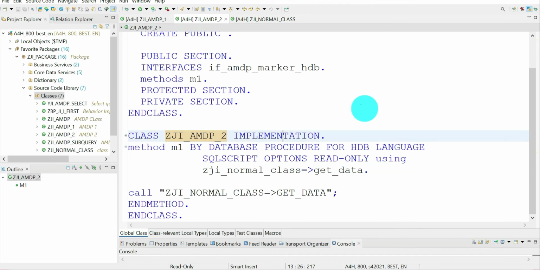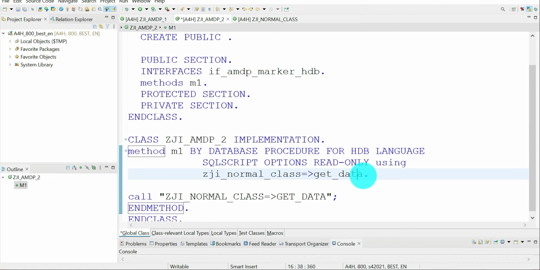Okay, just hold on, let me restart the HANA Studio. Okay, I restarted HANA Studio. So here I'm just deleting this. Now I'm on a method which is